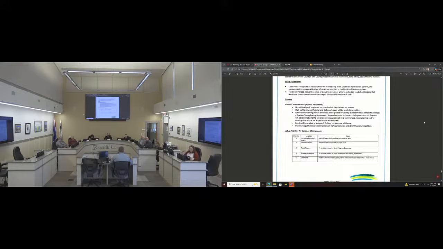Once again, weather plays into the factor of, if the grader's out in the Orkney area and it gets rained out but can blade north of Three Hills here, well, our option is, no, that's not our rotation, or we're going to go blade that because we need to blade roads. That's what we're deemed. So that's where that supervisor and that operator make that call to hit a different location to ensure that we're still out there blading roads and not falling that much farther behind because of that isolated shower. And that happens more often than not.